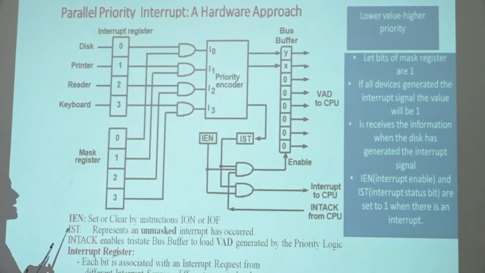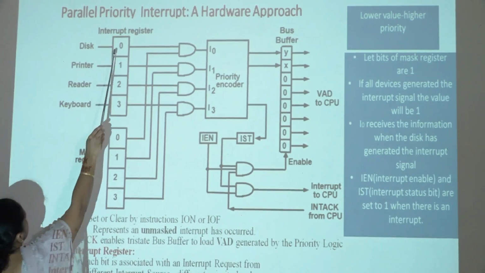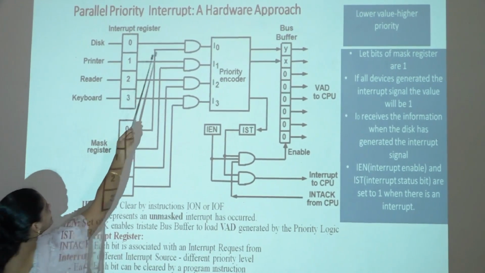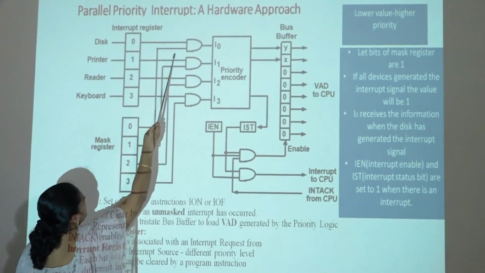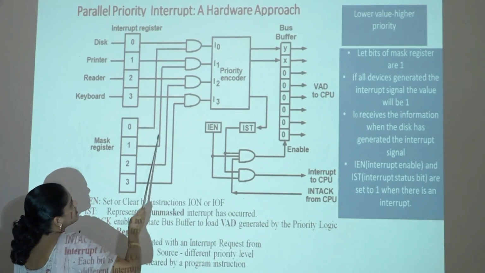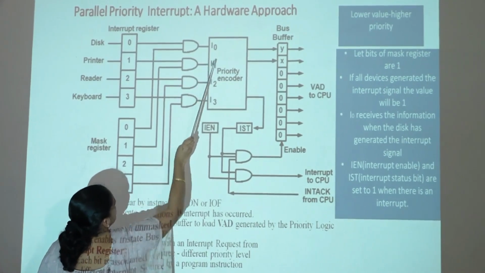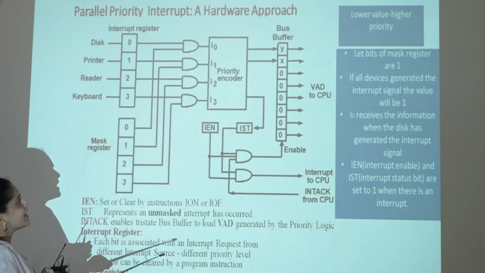For example, there is more than one device which has generated the interrupt. The disk and the printer, both at a time, have generated interrupts. In that case, both the bits will be 1. Automatically the mask register bits are also 1. So I0 and I1 will be 1 1. So in that case,